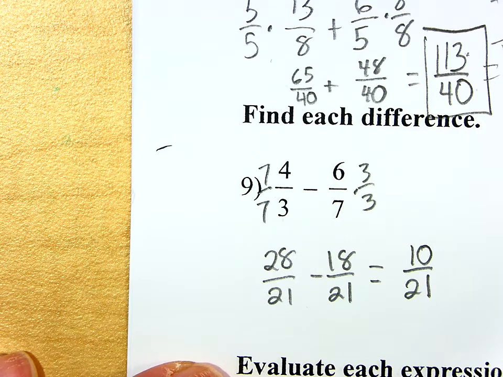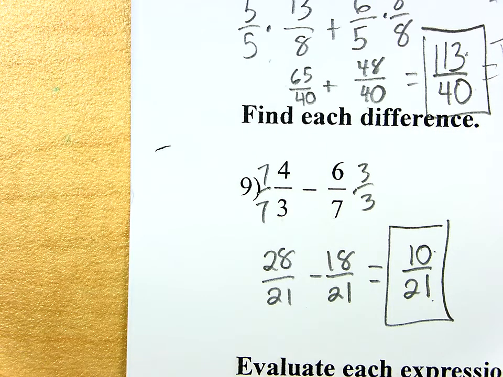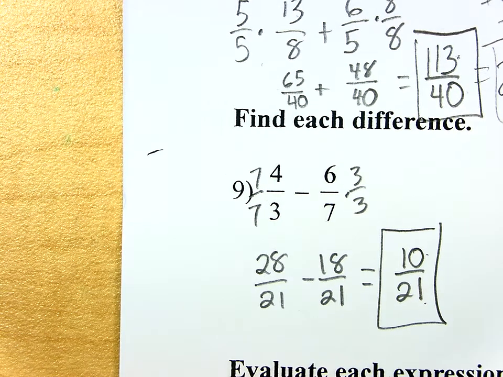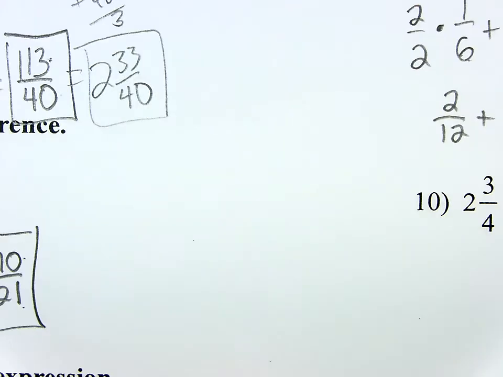And then just check if you can reduce. Can you reduce 10 over 21? No. 21 is going to give us some weird, wacky fraction. It would. So we're just going to leave it. So number 10,